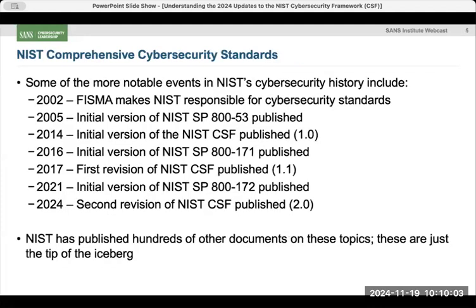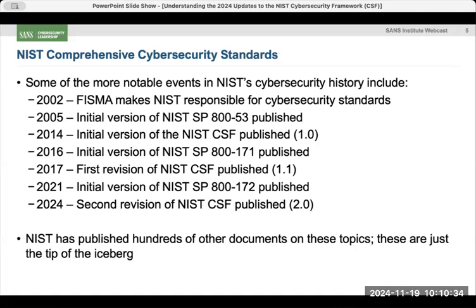Well, in 2002, when NIST first got this mandate to produce cybersecurity standards, there's a whole bunch of these different standards that they were really responsible for looking at. There's a lot of different issues, right? Mostly safeguard centric that they were going to try to define. And if I just give a quick little history here of what happened, in 2002, NIST became responsible for these standards. In 2005, the first version of a cybersecurity standards library, 853, was published.